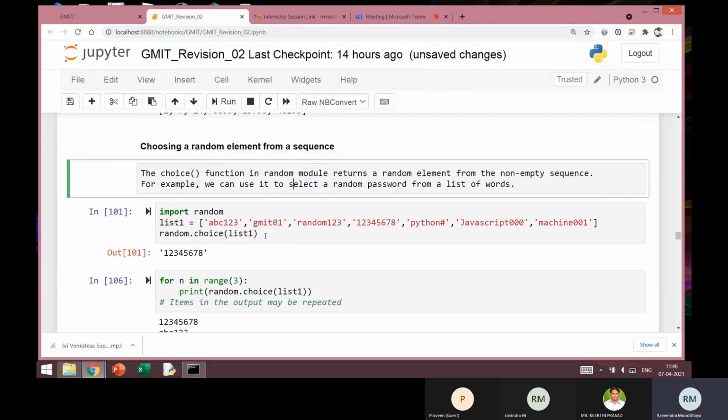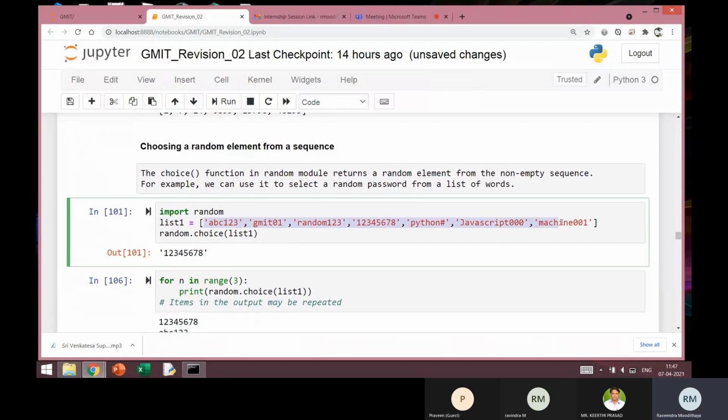As an example, I have created one list containing few strings. Well, I don't call this as passwords, though it looks something like that. Okay, if you have a list of such strings, I want to choose one amongst these strings randomly. So every time I choose, it may pick up different values. Okay, so a very simple and very handy method is this choice function, which is defined inside this random. So what I need to do, I need to import this random module,